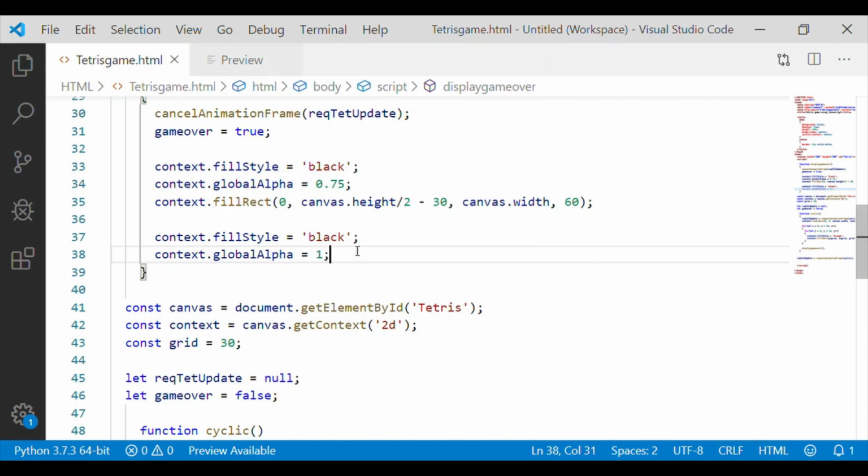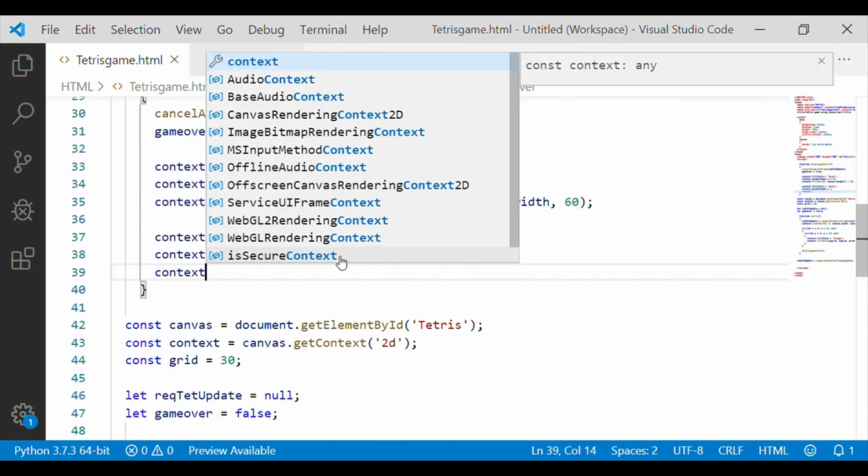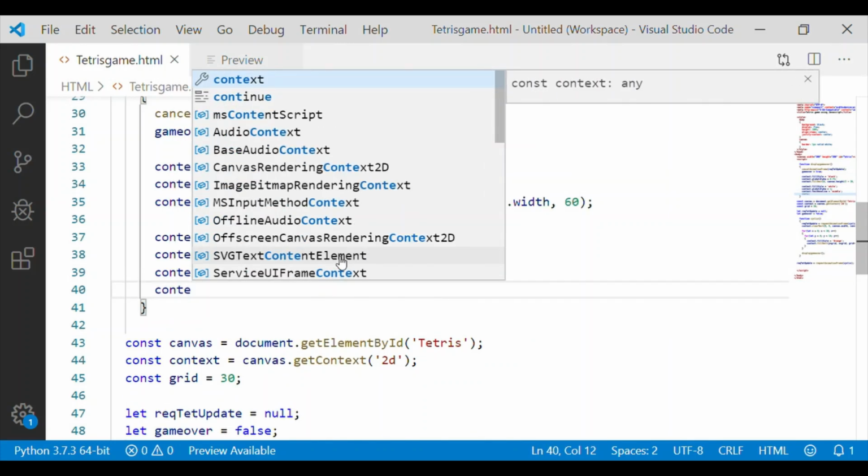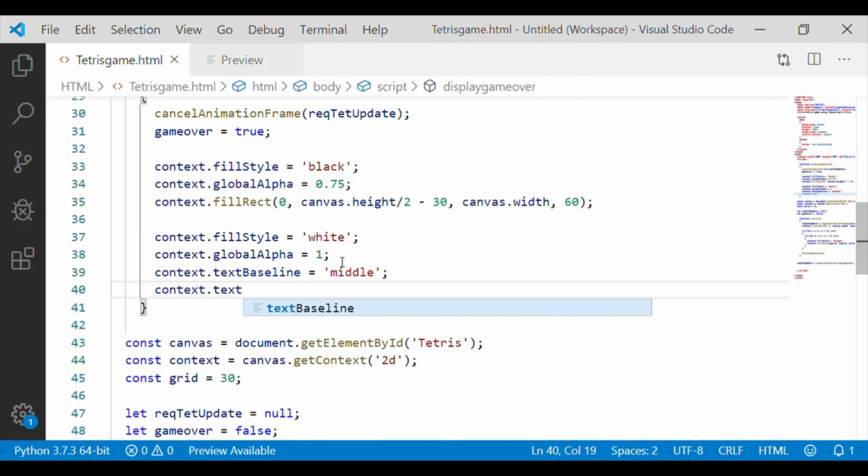We will write a text game over at the center of the rectangle. Let the fill style be white and global alpha be 1. As we are going to display the text, the context text baseline is middle, and context text align is going to be center.